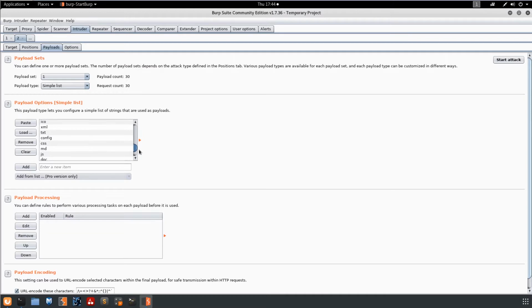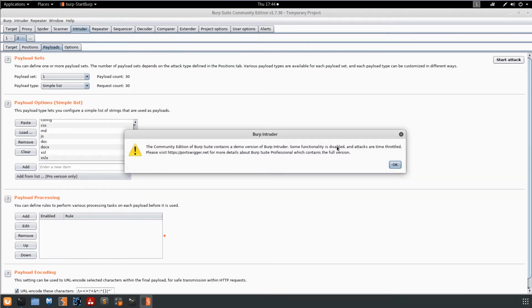Some of these, this list was created by just parsing a few directories and looking at the extensions that were on files. So there is some stuff in here that doesn't make a ton of sense, but we can use it anyway. And so if we just go ahead and hit start attack,